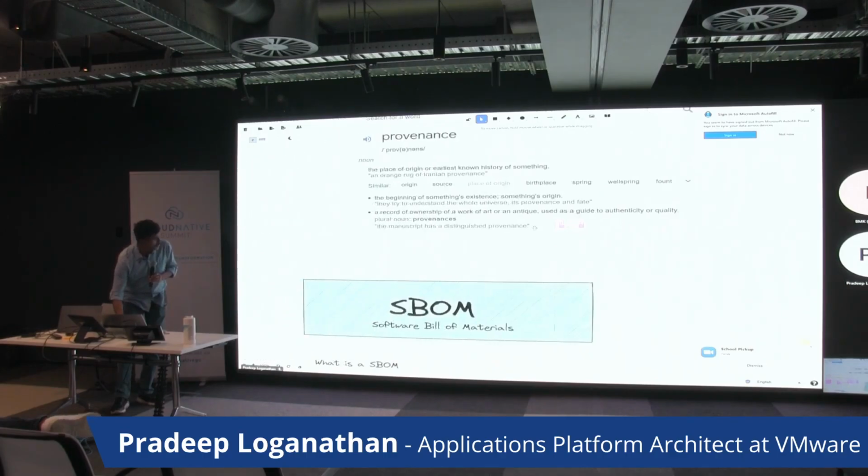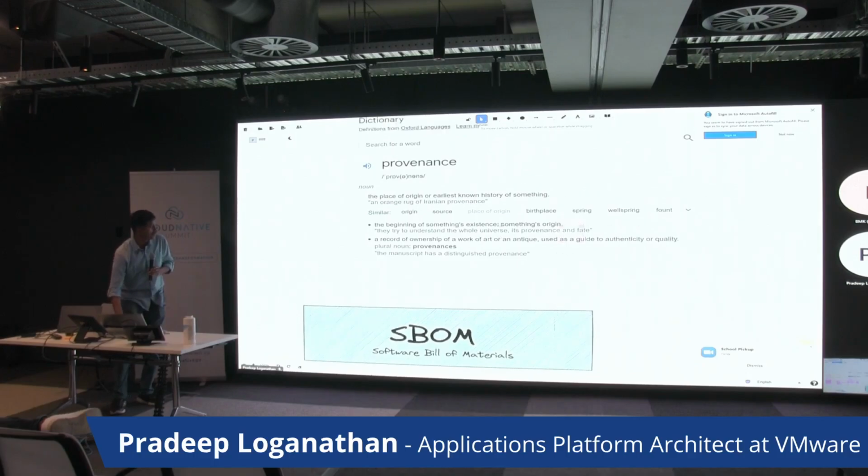Okay, so we've been talking a lot about provenance. When we talk about provenance, it's basically about knowing exactly what your build artifact is, what you are producing, what it is composed of, what it contains, and what it expands into. So that's provenance, and you have to be in control of the provenance of the software artifacts that you're generating out of your build pipeline. That's key to ensure that your packages are secure and that you're not creating infections or issues downstream from yourselves. Any questions so far?